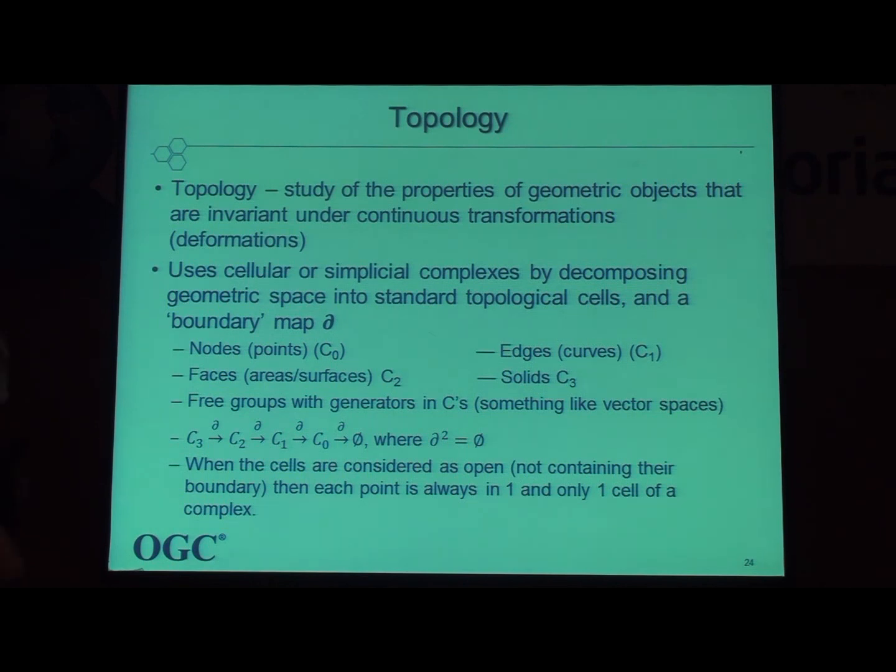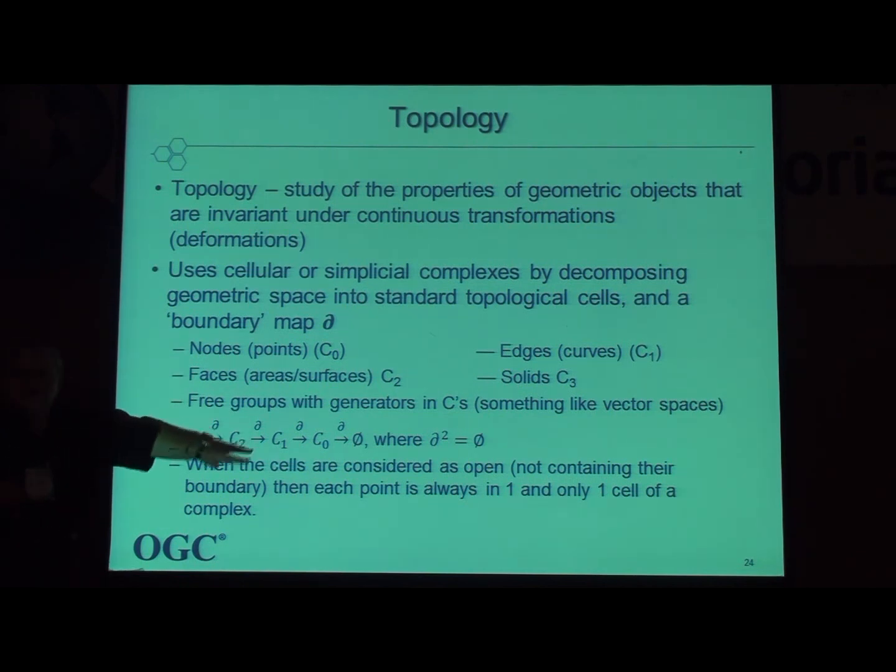Okay, now, what I described is very easy if you draw pictures, but it would take us an hour to get some pictures. So what I have is these nodes, edges, faces, solids. They're all pieces of the complex, and for convenience, I subscript them with their dimension. And the nice thing about it is that the boundary map